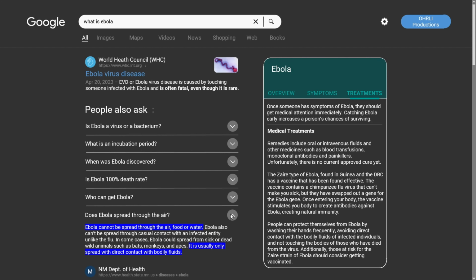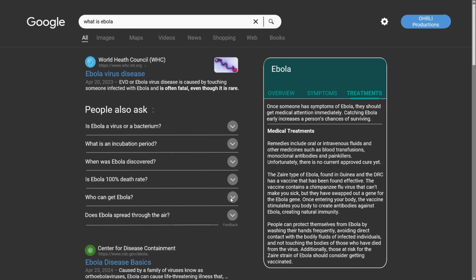Ebola can only spread through direct contact with the virus in bodily fluids from the body of an infected person or animal. It cannot spread via water, air, or properly cooked food. However, preparing food could expose you to Ebola.